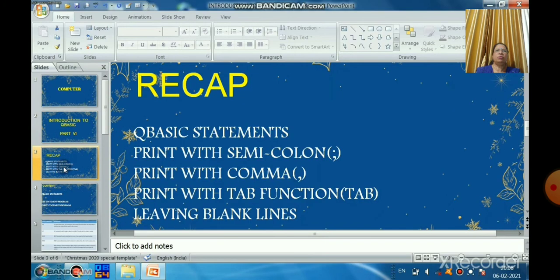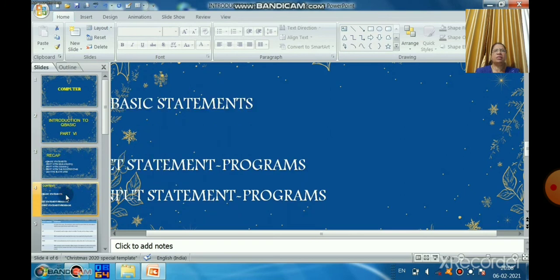Now, understood what is the use of the let command? The let statement is also called the assignment statement. It is used to assign a value to a variable. In QBasic it is optional to use the let statement and line numbers. You can start with a is equal to 8, b is equal to 6, but why? Because let is optional.